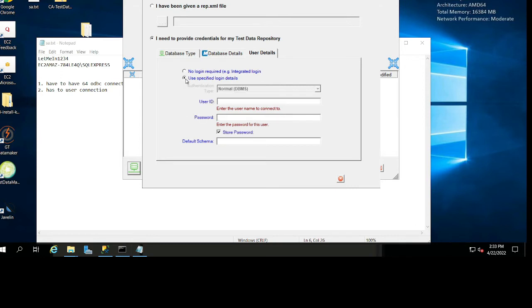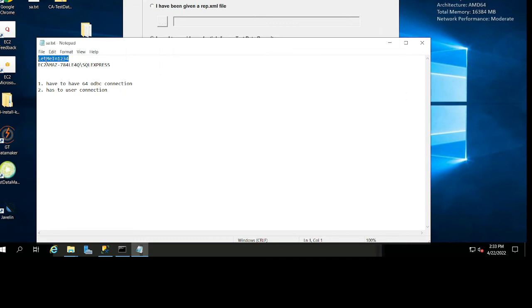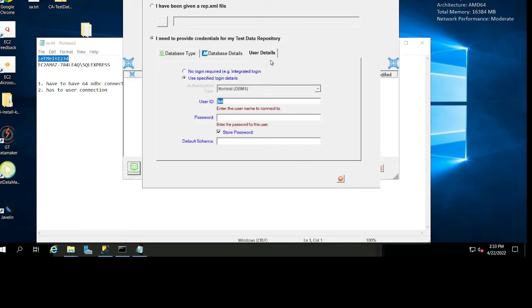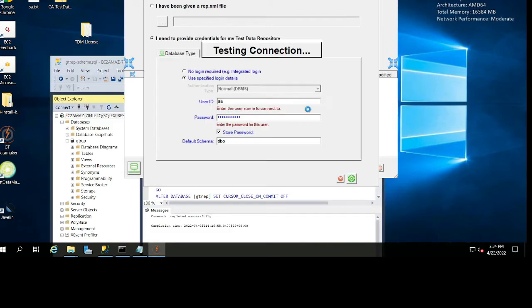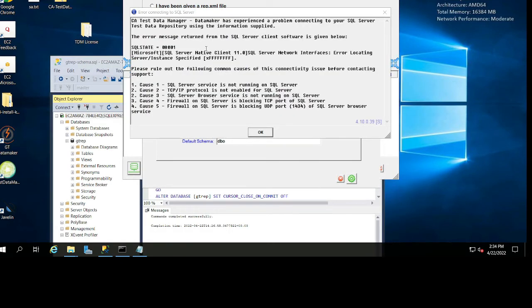Next, here, I like to use my actual SA, but you can use GTRep's. I think the password is grid tools with the O's as zeros. But again, that's where looking at those files would have helped you, the user files, right? What is the password and stuff. For your schema, since it's Windows, the Windows schema is always DBO, okay? So we're going to connect, we're testing connection, and we're going to wait. And at that point, as soon as it connects, we should have